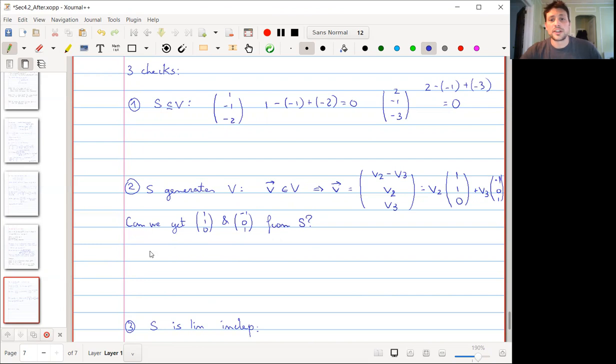Let's try. For example, if I take the difference between the elements of S, this becomes 1 minus 2, that's minus 1, minus 1 minus minus 1, that's 0, and minus 2 minus minus 3, that's 1. So we get one of the two generators. To get to the other,